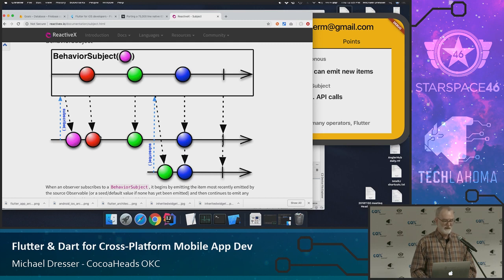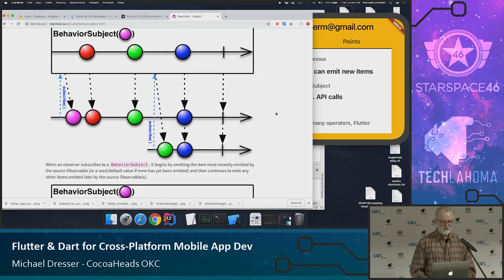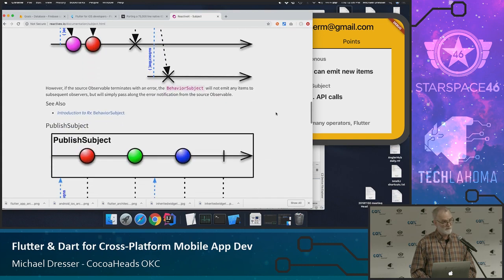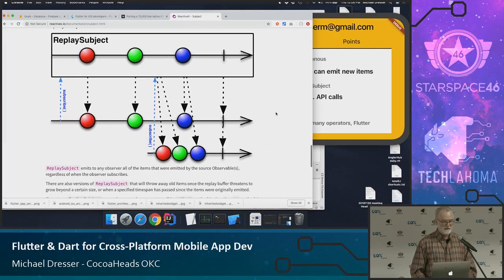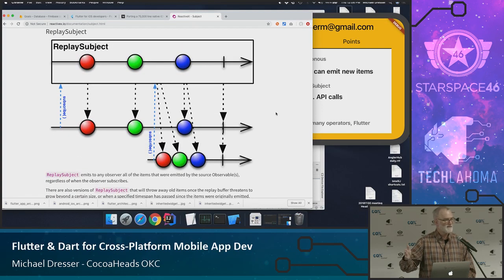Then it will start to get the things that have come along from that publish subject. If you subscribe later, after something has already been emitted, then you'll get the most recently emitted value, okay? And then every one from then on, okay? So it has a little memory and behaves a little bit differently than the publish subject. And then the replay subject, again, takes that one step further with its memory.